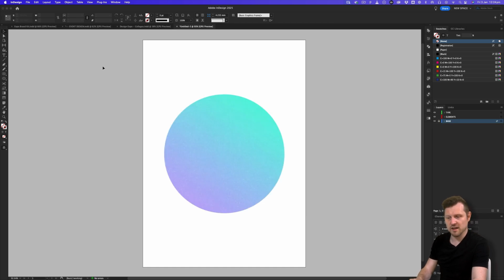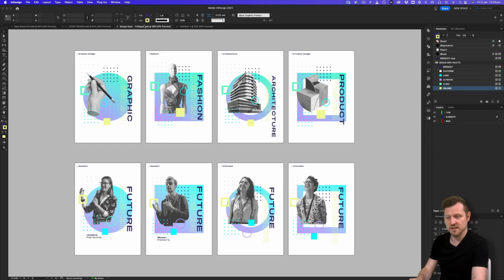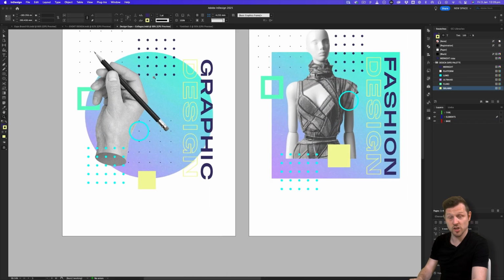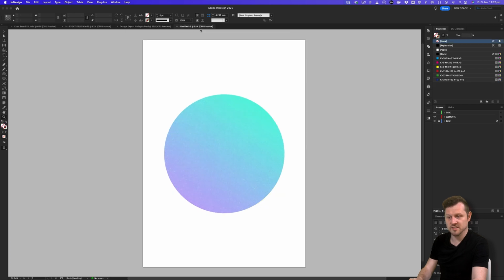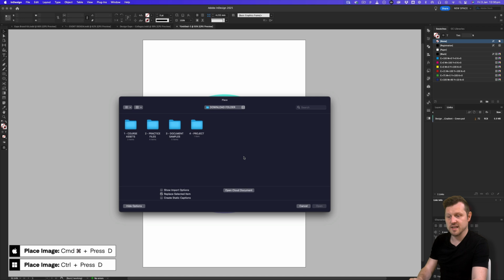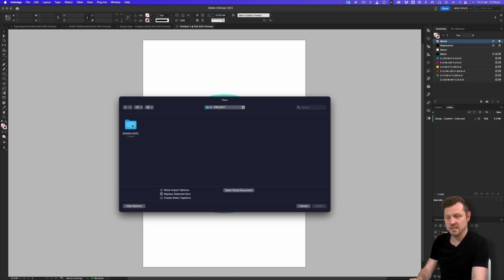So looking back at my final designs, we can see that each design features a grayscale image with texture around it. So this time, with the Elements layer selected, I'll press Command D on Mac or Control D on PC to place an image. I'll navigate into the download folder, click into folder 4 Project, into the Design Expo folder,